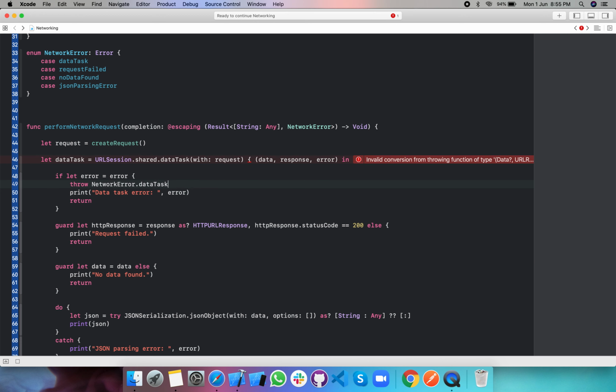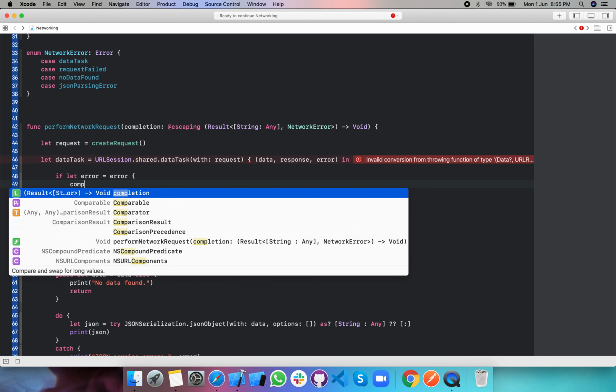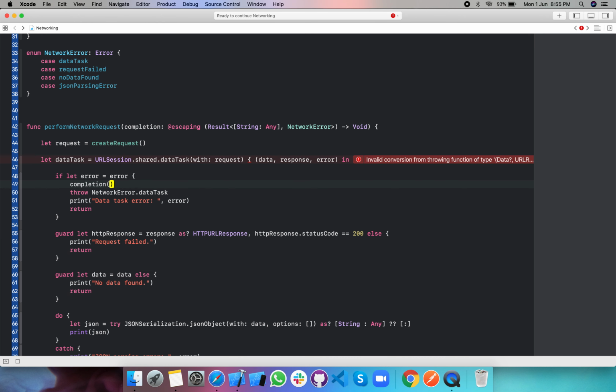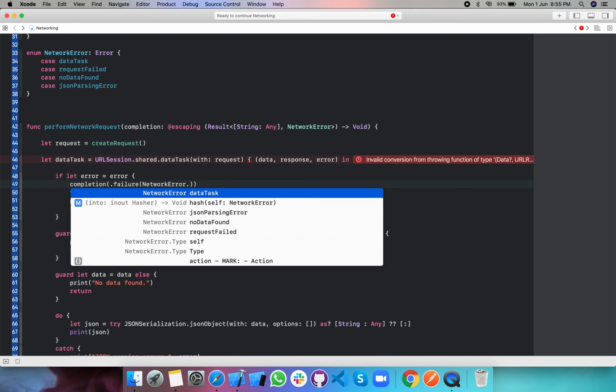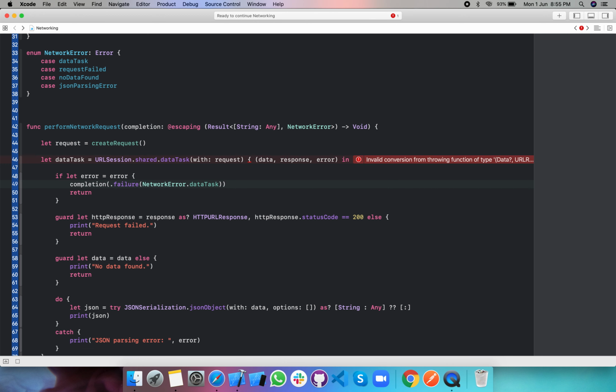So now if we want to throw an error in an asynchronous function, what we can do is call this completion as a failure of this task, and we can pass NetworkError.dataTask. Now let's remove the other lines.